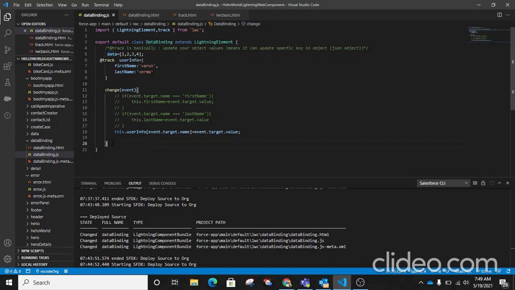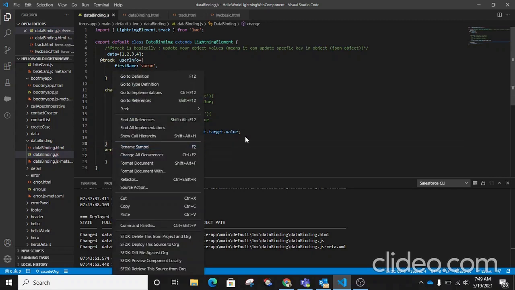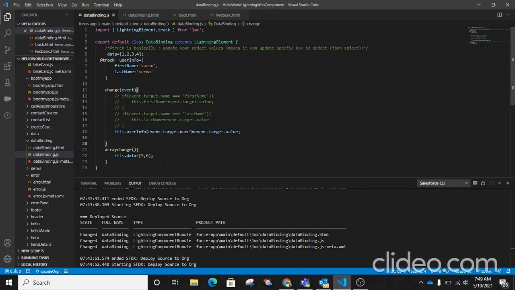Let's create the function here. On array change, I am changing my whole array to 3 4 5 6 values. Let's see again. I am changing my whole array, so it can easily change the value.